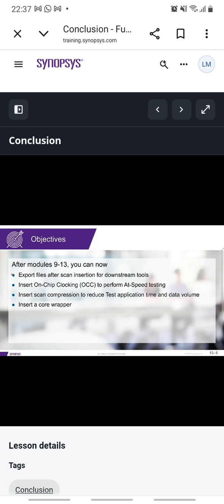In modules 9 through 13, you learned how to export files after scan insertion for downstream tools such as place and route and ATPG. You learned how to insert on-chip clocking to perform at-speed testing. You learned how to insert